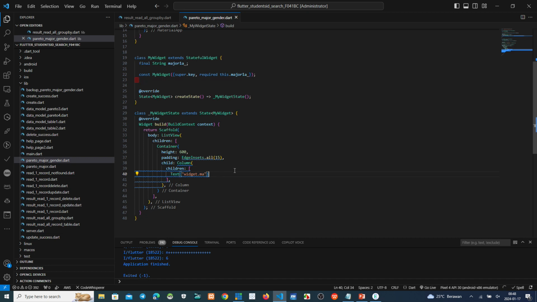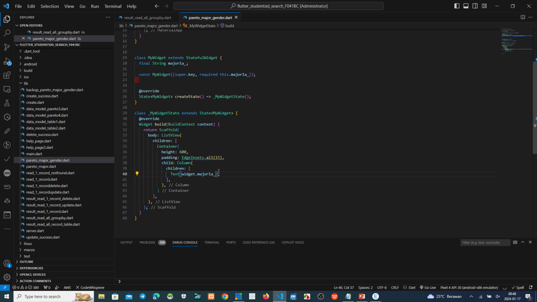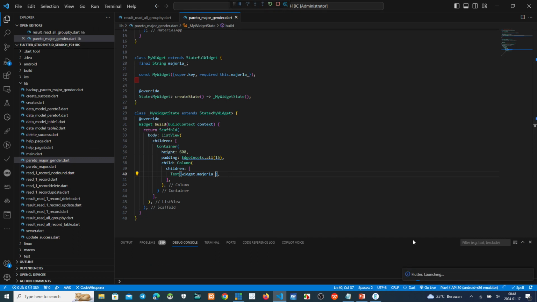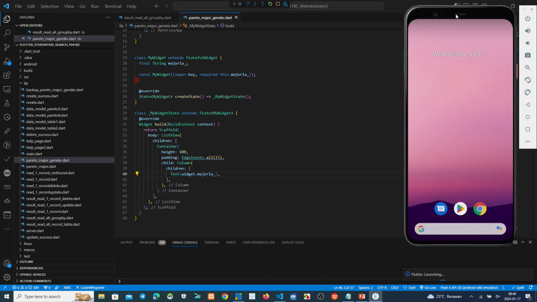Why this one? Oh, sorry. Widget measure 1A. Okay. Now we try to run this, yeah. Okay, we wait about 1 minute.